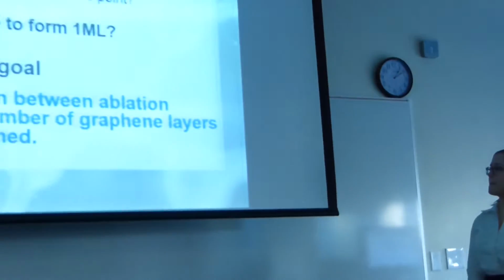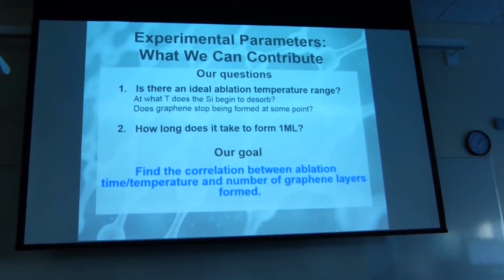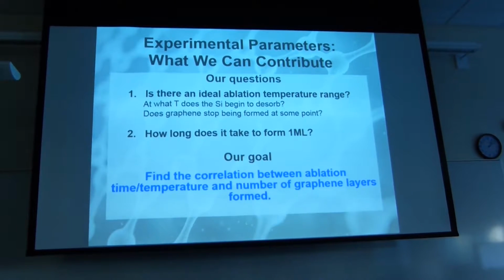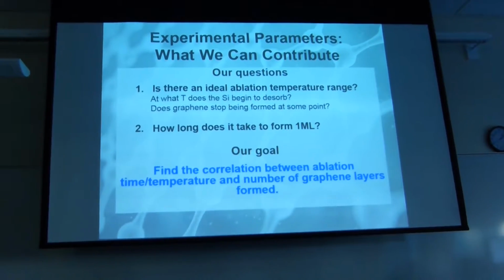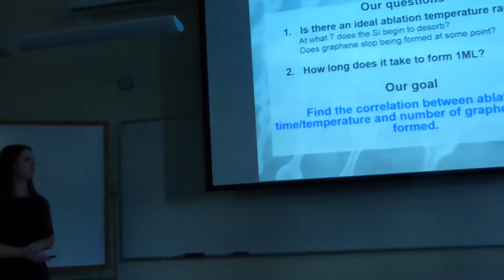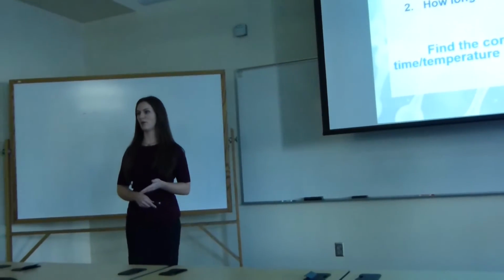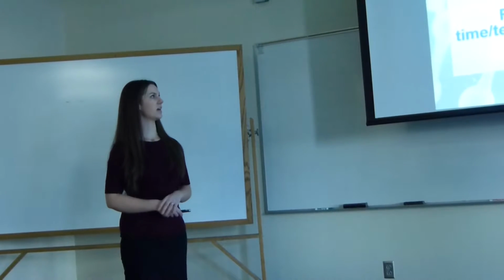So now that you've heard a little bit about graphene and how it's made using a laser, we're going to further divulge into our experimental parameters. What can we contribute as UNC Asheville students to this whole vast pool of research with graphene, more specifically graphene made with a laser? When we were doing our preliminary research, there was a lot of stuff we didn't understand about graphene. It's a very complicated subject, and we found ourselves asking a lot of questions, like, is there some